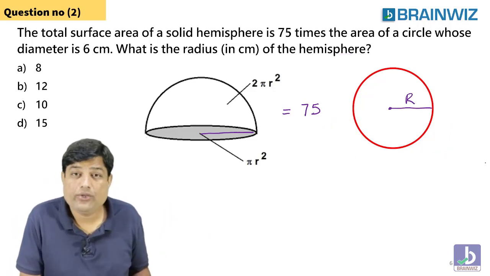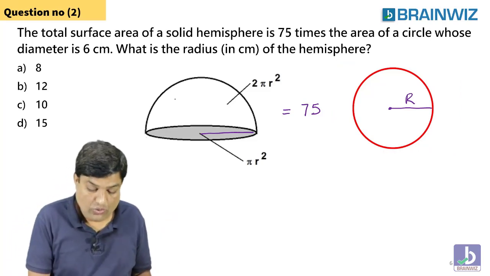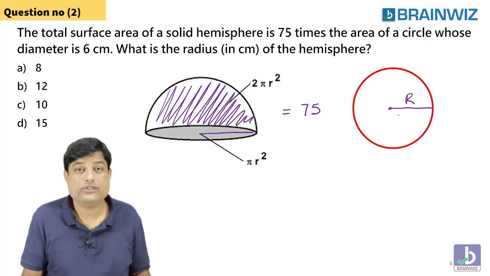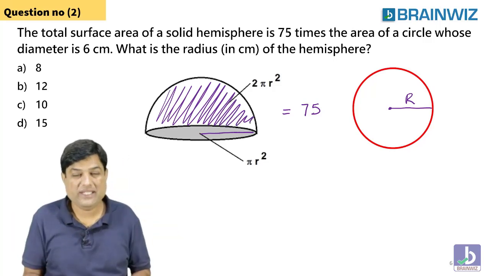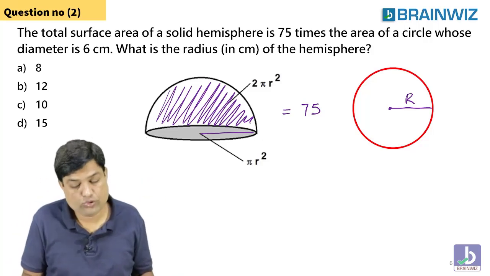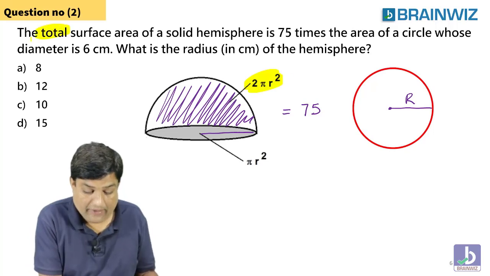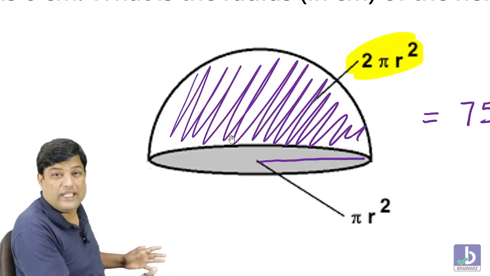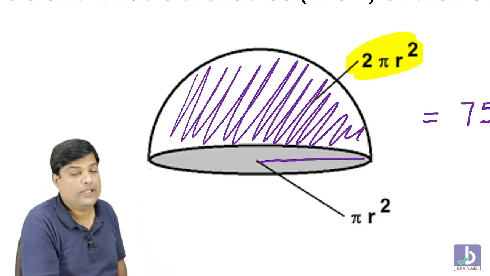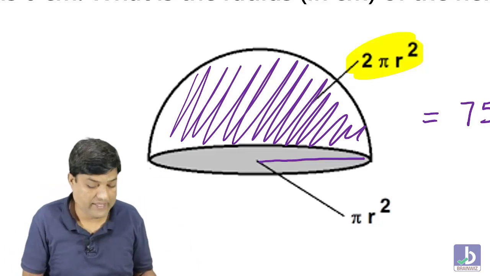It can be another r because both are not same circles. Now guys, here we need to know the area of the solid hemisphere. You all know that the total ball sphere is 4 pi r square. Hemisphere is 4 pi r square divided by 2, that is 2 pi r square. And as you told, the total surface, not only the surface of this hemisphere, we have to see the bottom also because I want the total surface area. So above is 2 pi r square, below is pi r square, total is 3 pi r square.